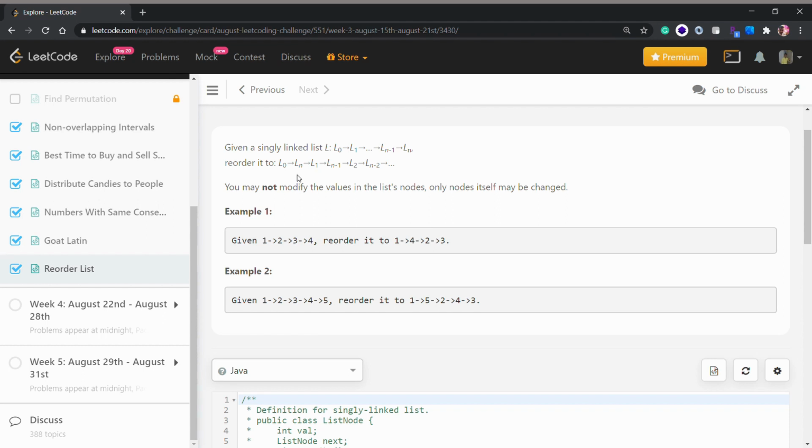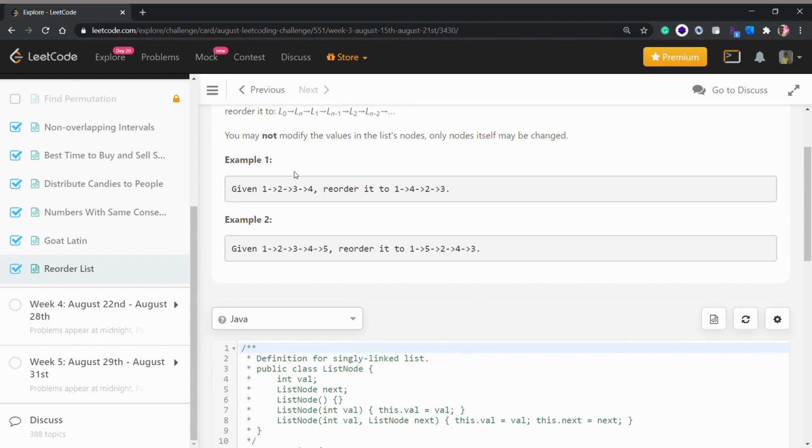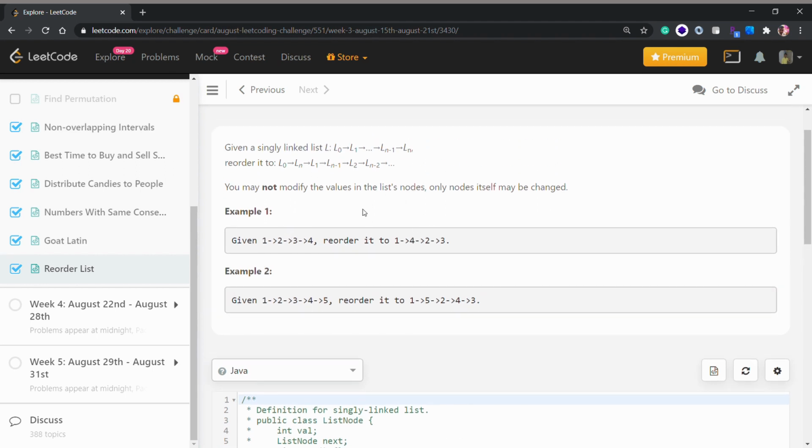Whenever we have a question on linked lists, it's more about manipulating their pointers and changing the linked list the way we want, and less about creating a new list. So whenever we have a problem based on linked lists, the first thing you should know is we are trying to manipulate pointers. And I think this question is not that difficult to understand.